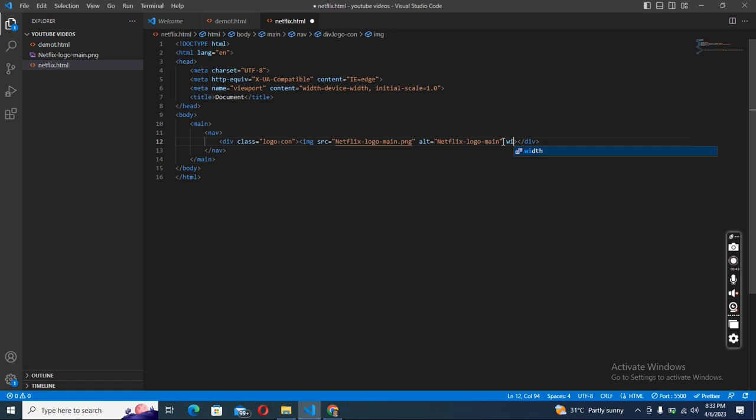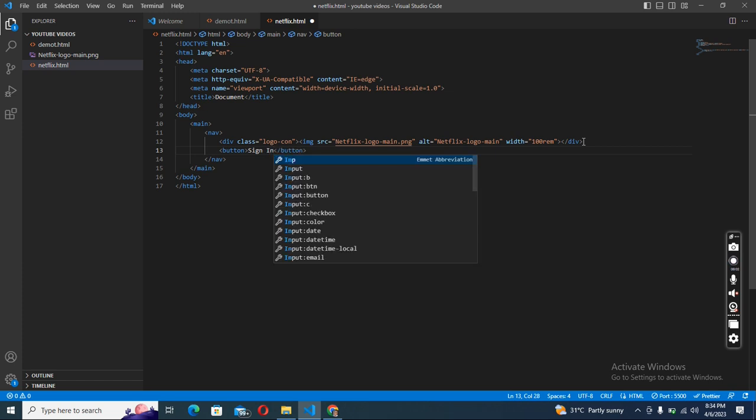So we need a width of 100 rem. It's not much, I think 100 rem is not much. I've built this before, so that's the same width I use. So we have sign in,